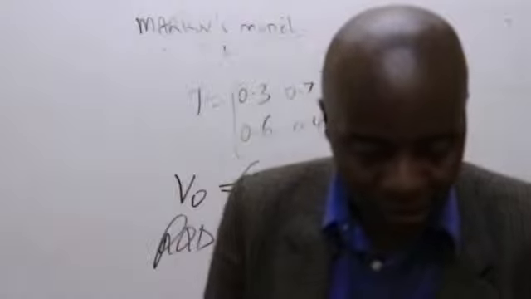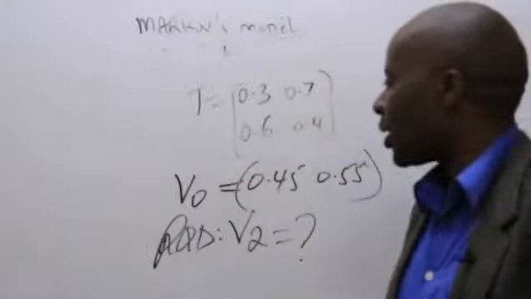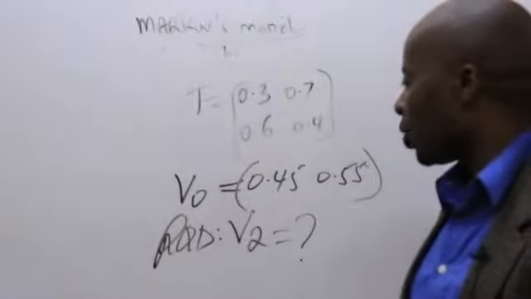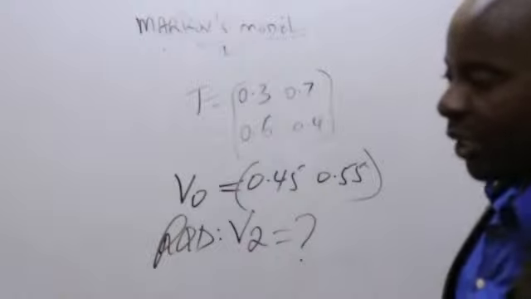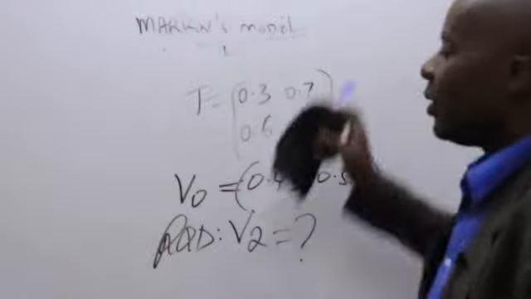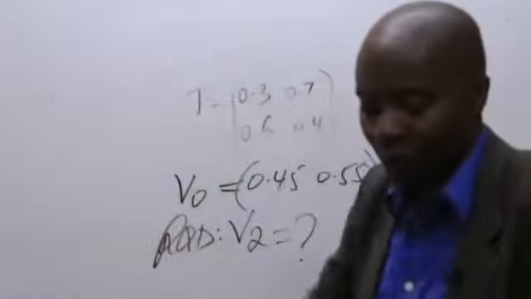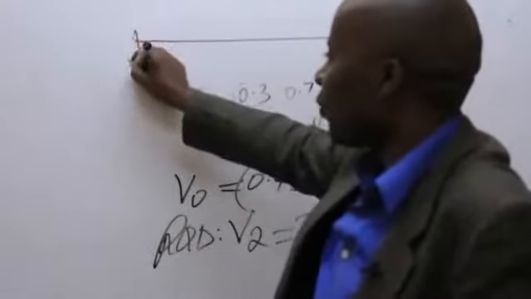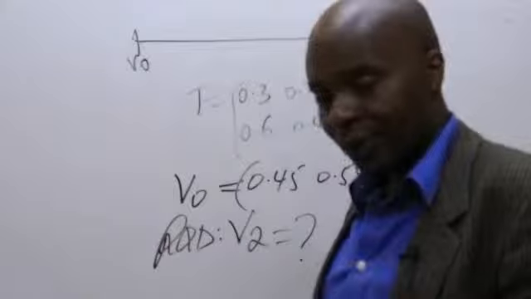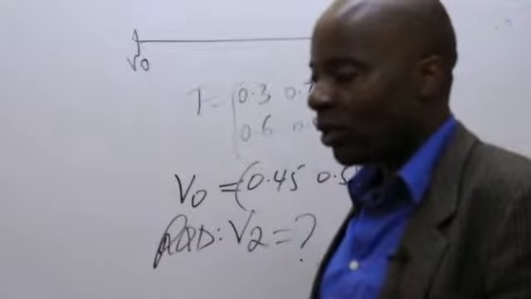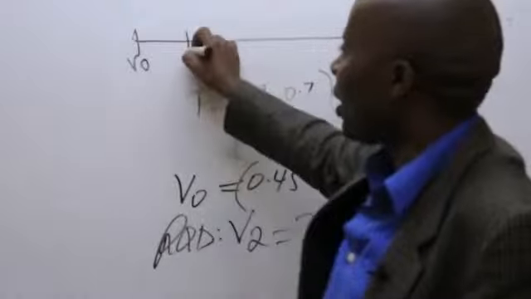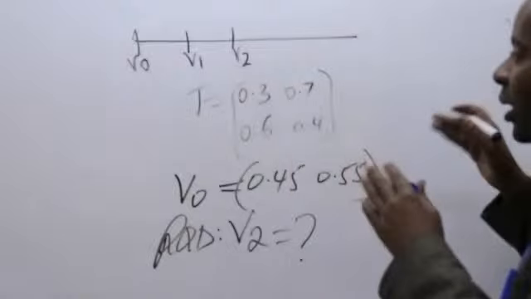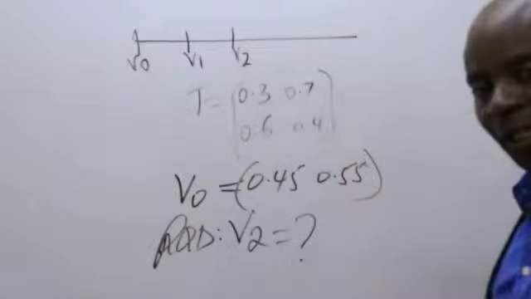So here, they want us to make predictions. They have given us vector 0. They have given us the transition. The T stands for transition, and then they want us to do the prediction. So how do we do this? This is very easy, ladies and gentlemen. Remember the Markovian chain link. The Markovian chain normally starts from vector 0. Remember the assumptions of Markov. We normally begin from vector 0. And after vector 0, we go to vector 1. Then from vector 1, we can go to vector 2 and other vectors,